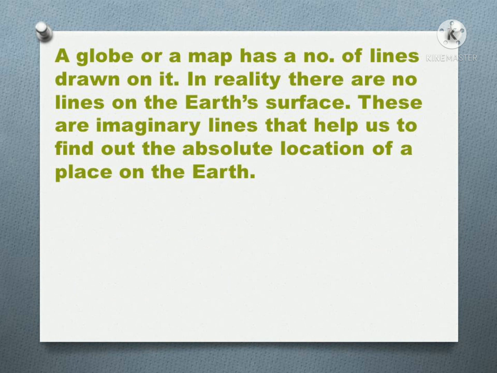A globe or a map has a number of lines drawn on it. In reality, there are no lines on the earth's surface. These are imaginary lines that help us to find out the absolute location of a place on the earth. As we have read about the axis, which is an imaginary line, in the next video we will read about more imaginary lines which will help us to locate the absolute location